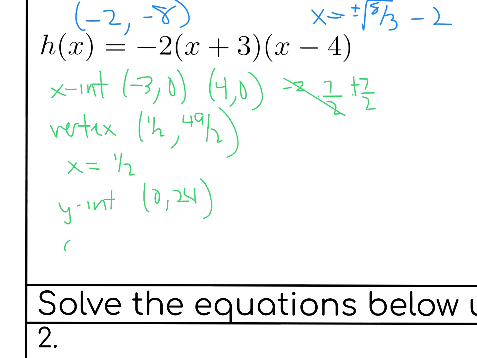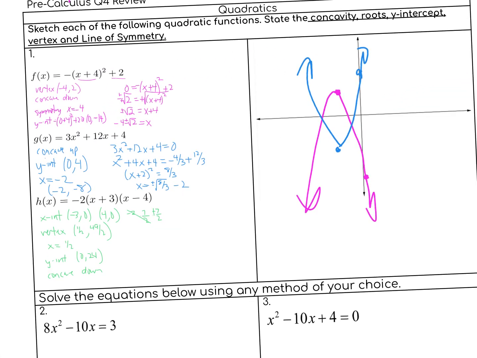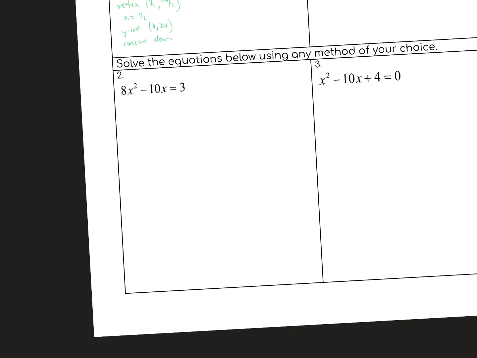Oh, and concave down. Concave down. 49 halves is like 50, so that's a bit more than 25. So it's going to be something like that and like that, where this is 4, 0, and negative 3, 0. Something like that. Those are sketches, so we don't need to have a perfect